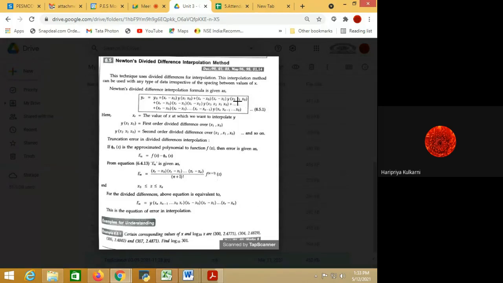So here we are finding out the slope of the line, plus xr minus x0, xr minus x1, xr minus x2, y of x3 x2 x1 x0. All these y terms we will see how to calculate. If you observe the formula, initially it is y0 plus xr minus x0 into the y term, plus xr minus x0 xr minus x1 into the y term, plus xr minus x0 xr minus x1 xr minus x2 into the y term with 4 variables, plus so on. While solving the numerical, it will be more clear to you. Let us go to the numerical. This is the important formula which we are going to utilize while solving the numericals.